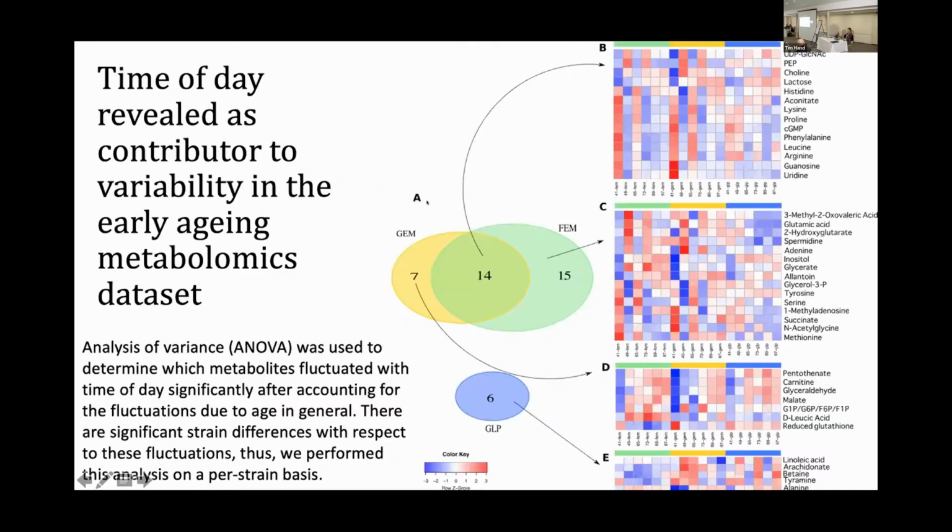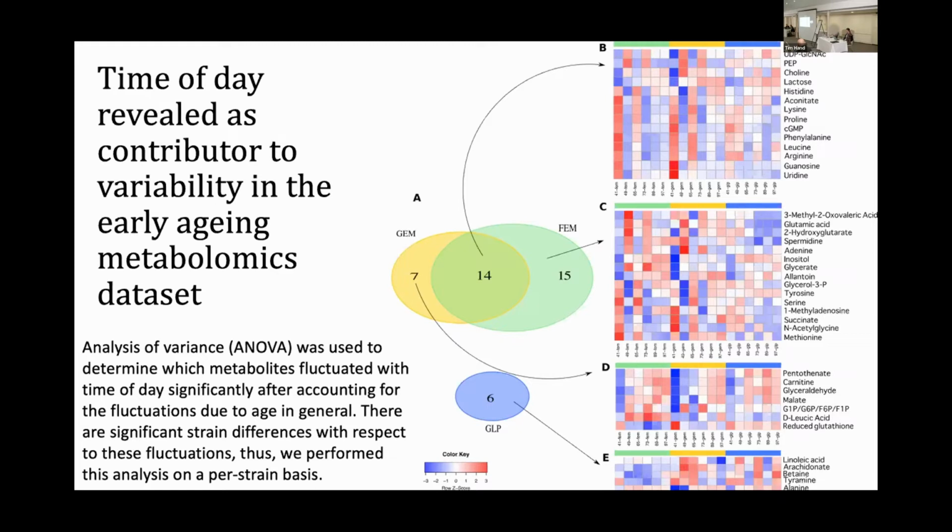And one of the things which I think was quite interesting that came out of this study is the time of day. Because we were taking more than one measurement during the day in order to study short periods of time for the purpose of aging, we didn't intend to study time of day. But what we found was that for the metabolism, the time of day made a really big difference to the levels of certain of these metabolites, which were linked as well to aging. So what that means is that the time of day that you take your measurement for another study of aging metabolism, what you're studying may be impacted.